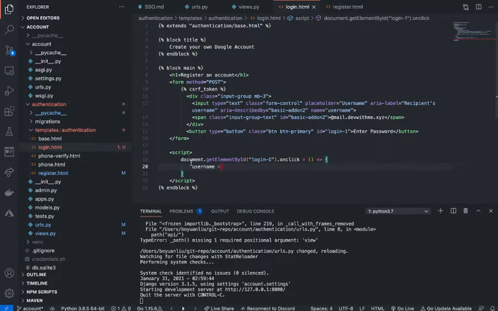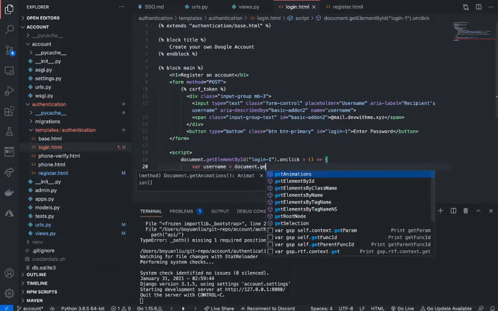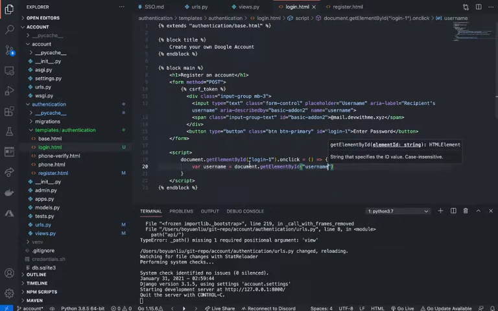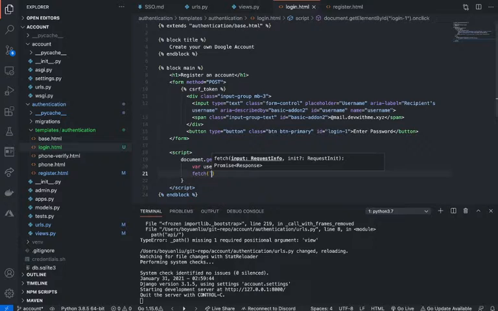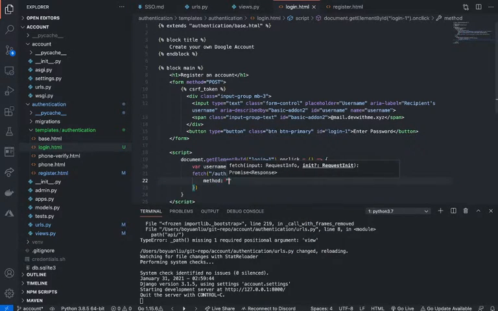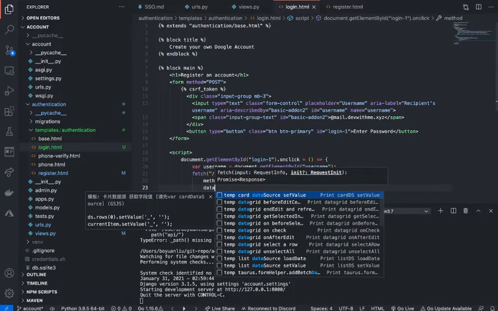Equals to get element by ID username. Just an ID here. I was sending the name username actually. The final form processing. All right, and then here we say fetch slash auth slash API slash username, and then the method is gonna be post, data is